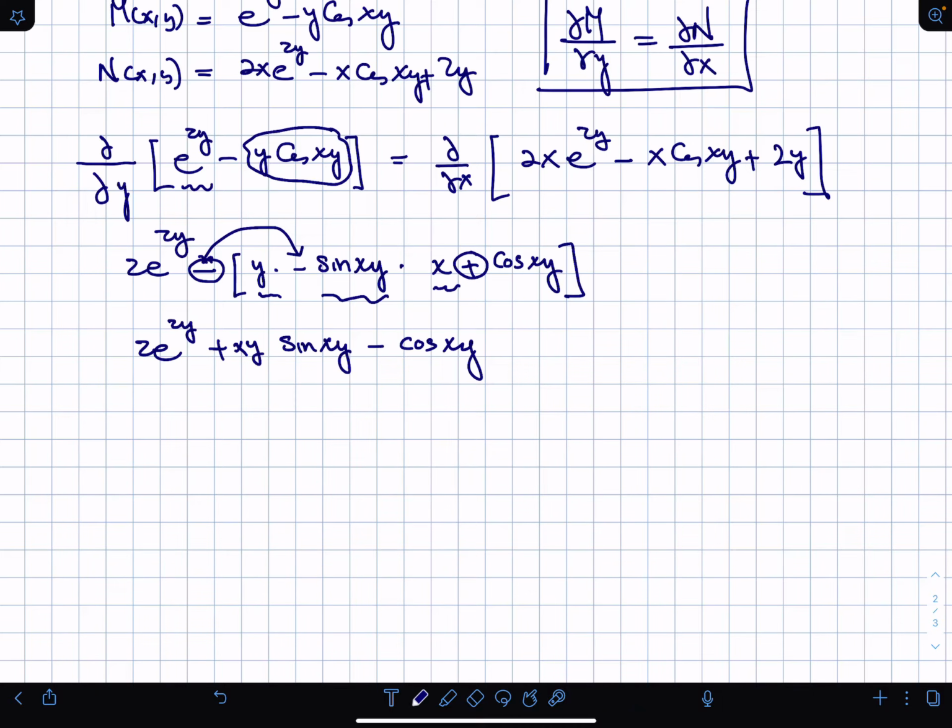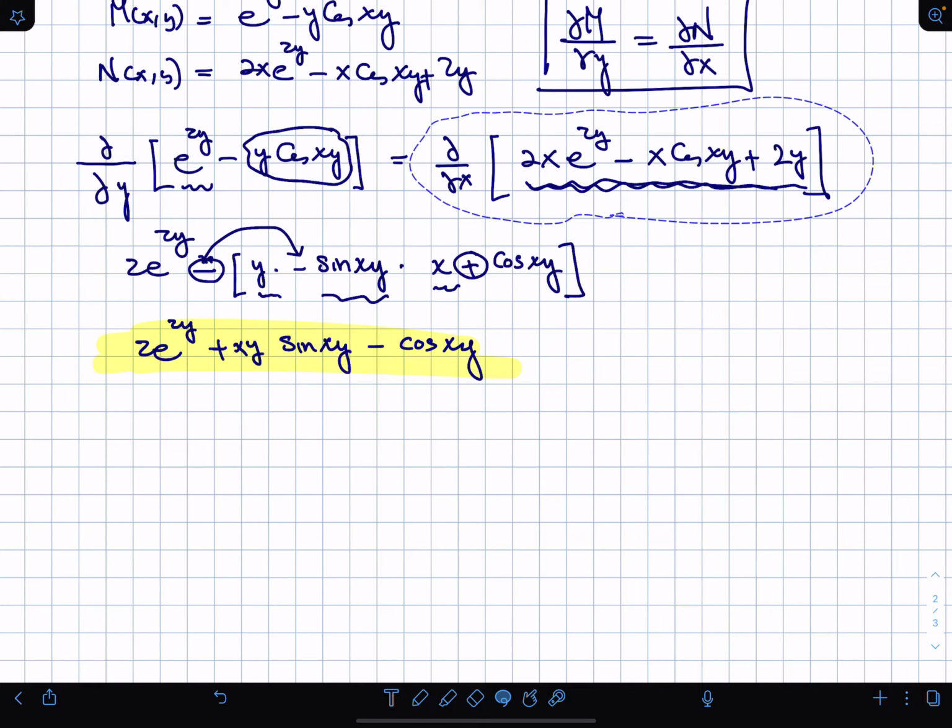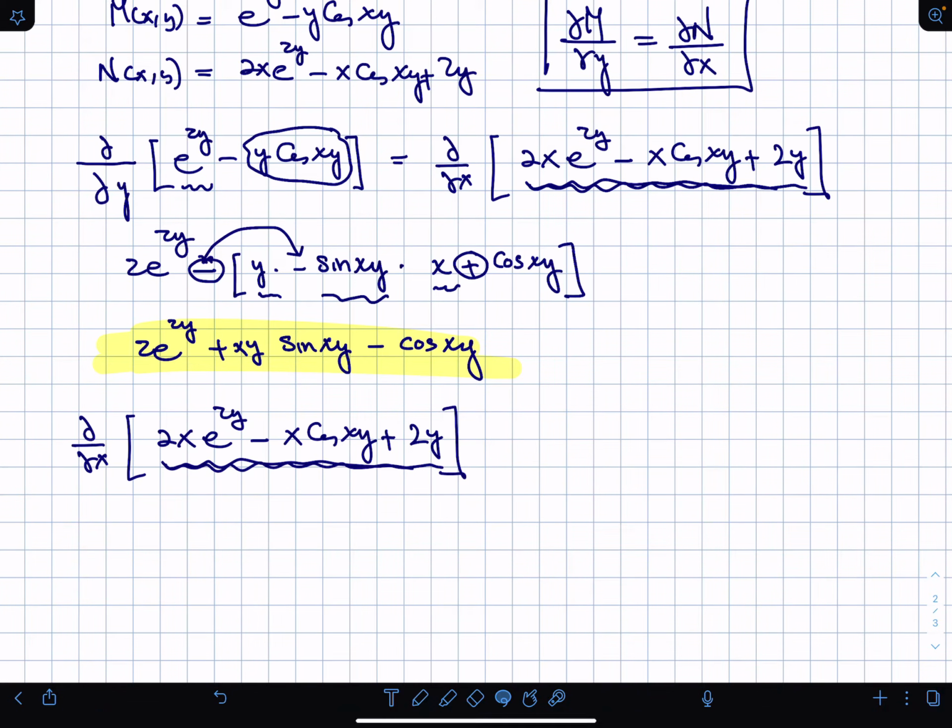Now let's take the partial of N with respect to x, and hope that we get this. Because if we do, then I have satisfied the exactness criteria. Well, let's see. Partial of this with respect to x will be, let me actually just make a copy of it and write it down here. So I'm trying to find that partial. Look at the first one. The derivative of that with respect to x is just 2e to the 2y, minus, now the derivative of this is again a product rule,